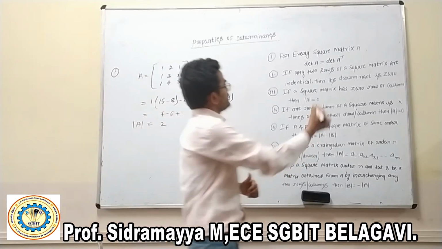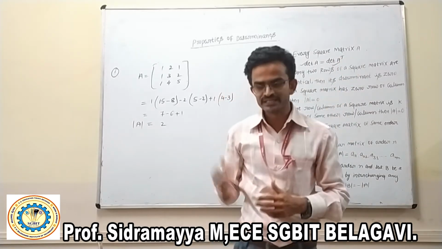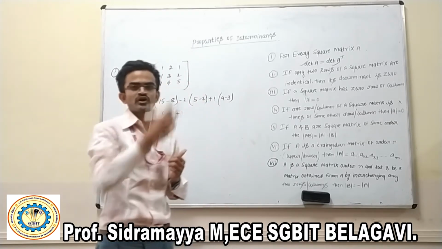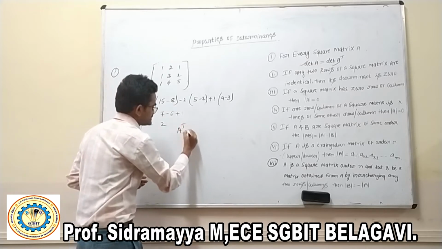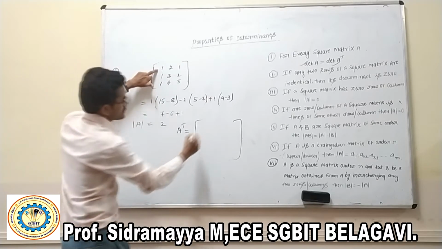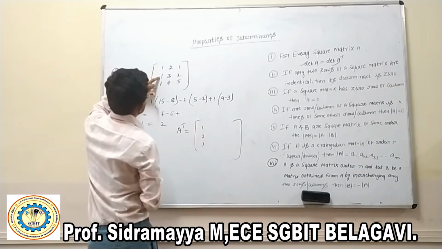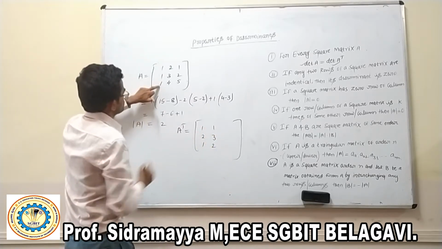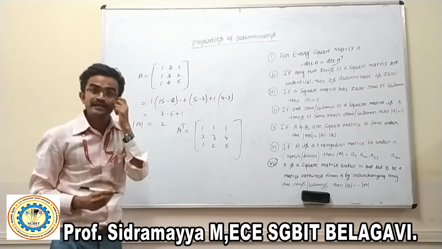Then we have calculated this. Now we need to calculate the determinant of A transpose. First we need to write A transpose. How will we write A transpose from A? By transferring a row into a column or a column into a row. Now consider A transpose, which is equal to, I am converting a row into a column. So first here 1 2 1. Consider the second row and write it as the second column, 1 3 2, and the third one, 1 4 5. So this is A transpose.